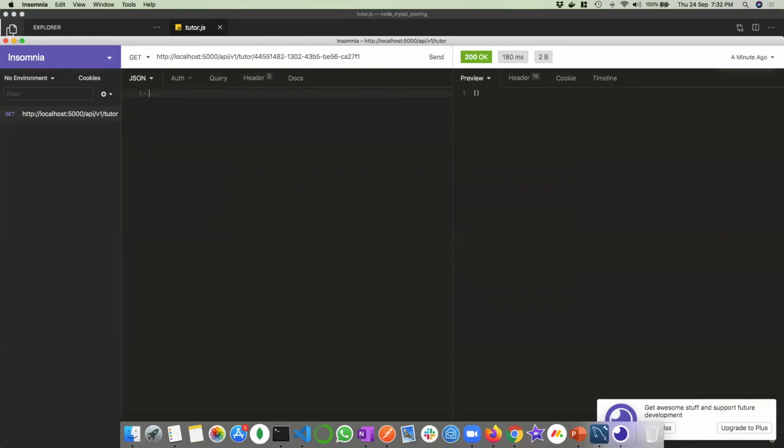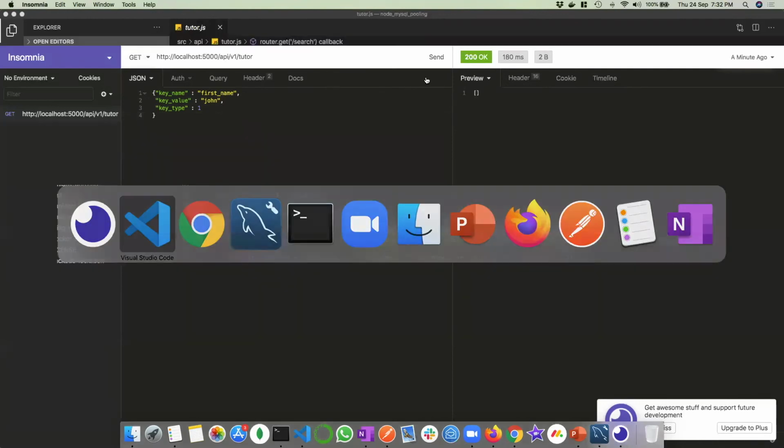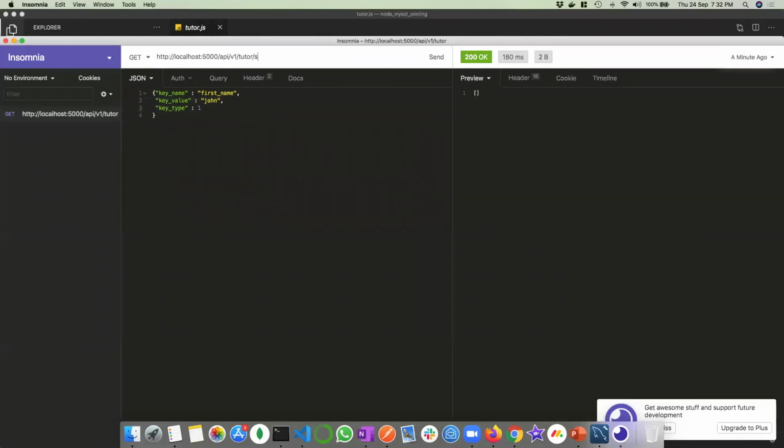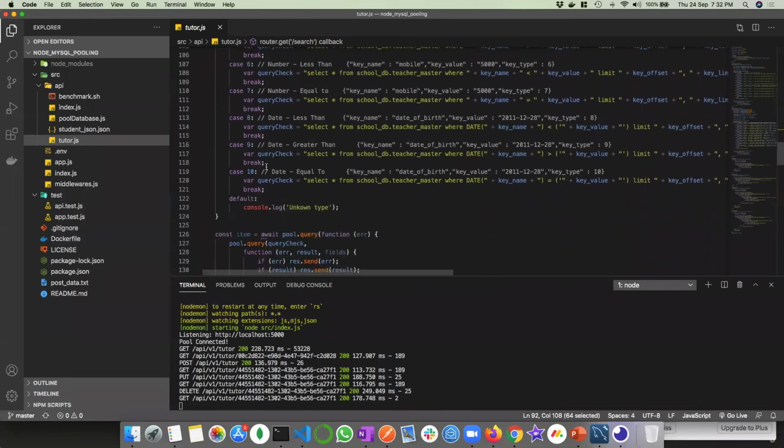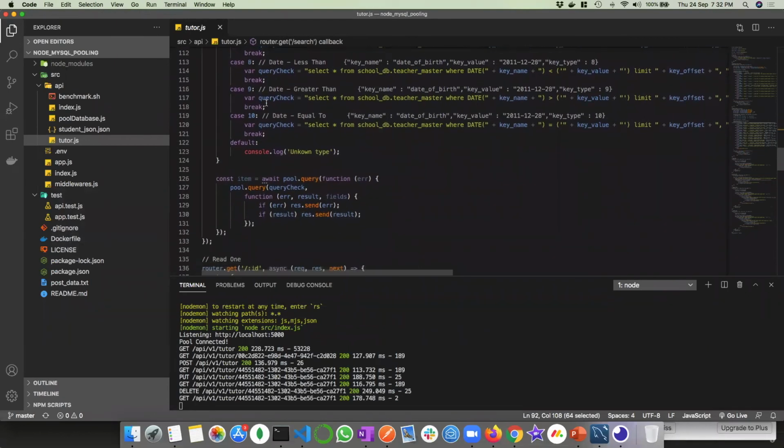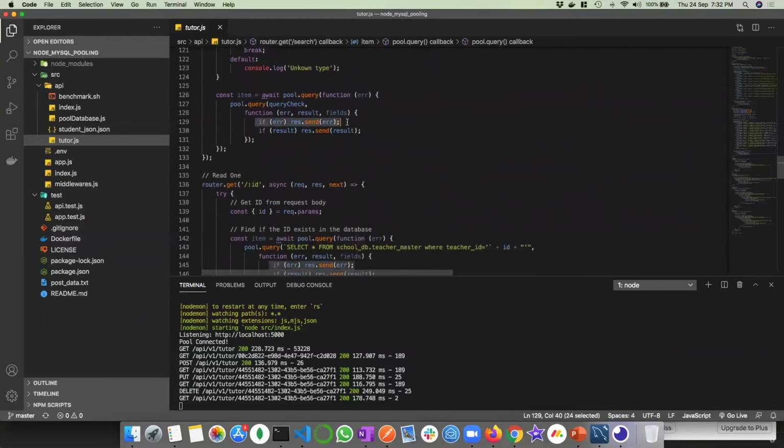So we come here, we change this to first name, key value, and key type as 1, right? We remove the ID from here, do a get, and we have to add a search keyword. Okay, let's check once more. We have to give the key type as 1. Okay, based on key type, the query will be formed. After that, at the end, basically there's an await statement where we do a pool.query. We fire the query and return the result.